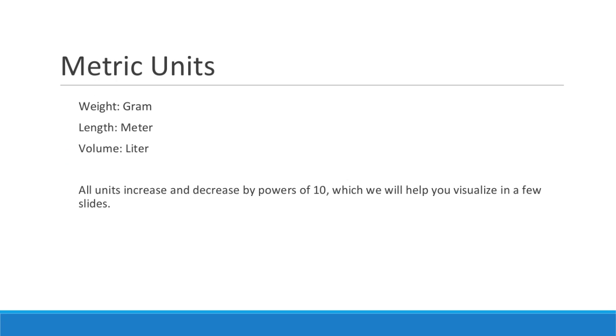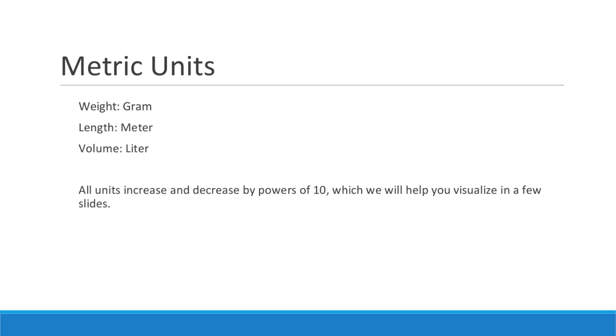And then our metric units, which I love, they're so easy. Gram, meter, and liter is really what you need to remember for most of them. That's weight, length, and volume. And those can be scaled up as they need to, but the nice thing about the metric system, and many of you have been exposed to this before, is that all units in the metric system increase off of a scale of 10, right? So every time you go up, it's a power of 10, which is extremely convenient,